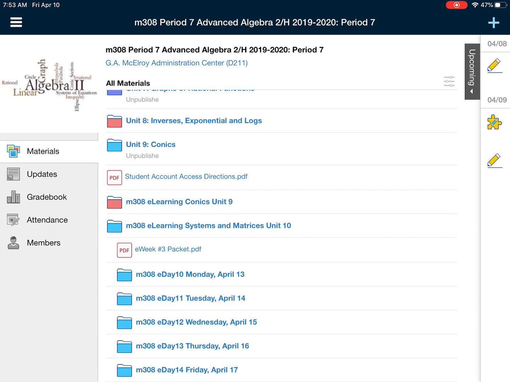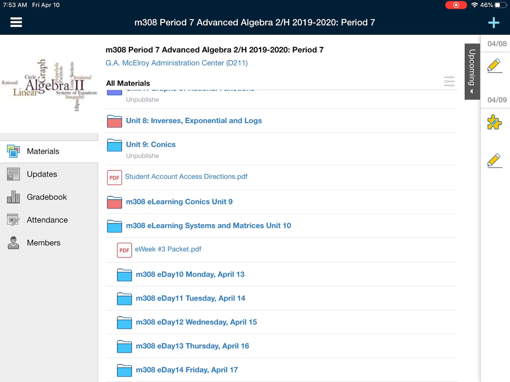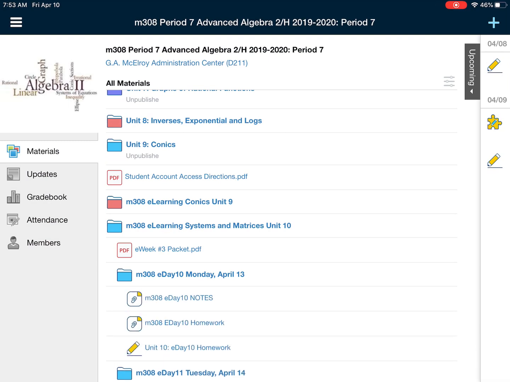There's two places that you can get your notes and homework. One is a mini packet for just this current week. I labeled it eWeek 3. You could either print this or download it to Notability. It has both the notes and the homework. Another option is to click on each day. You'll see your notes, your homework, and a place to submit your homework, and then there will also be a